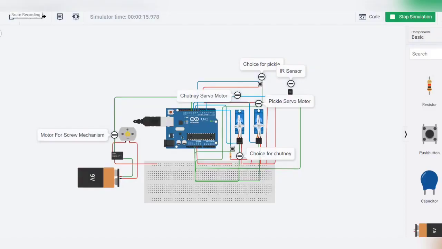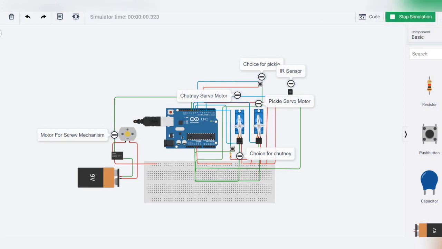Thank you for listening to us till the end. We are very happy to explain our last part, which is the virtual implementation. We have done this on Tinkercad. You can see that this circuit diagram will help us understand our project more accurately. Now I will start the simulation here.